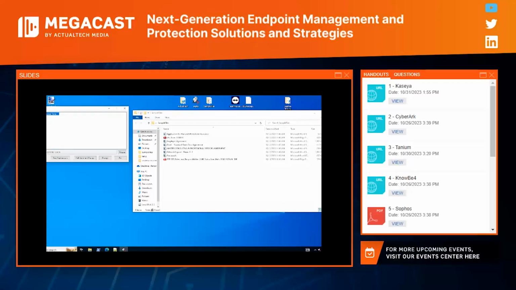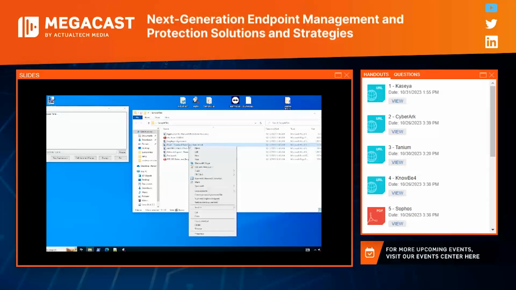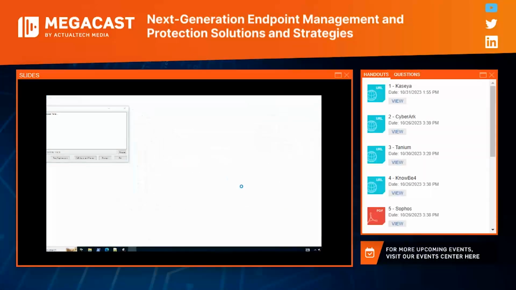So what I'm going to show here is a simulated ransomware event via this application. It utilizes a real ransomware engine. It's just neutered in the sense that I can point it to specific directories and not have it go through my whole environment.